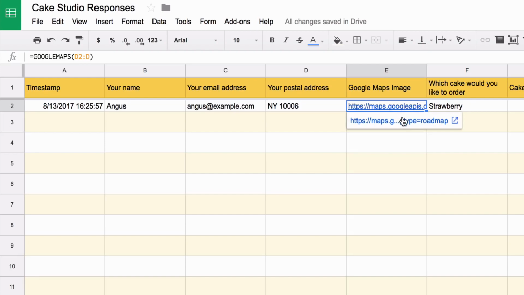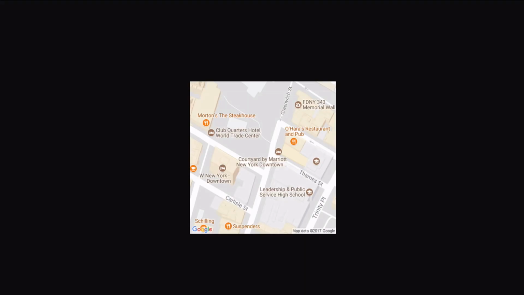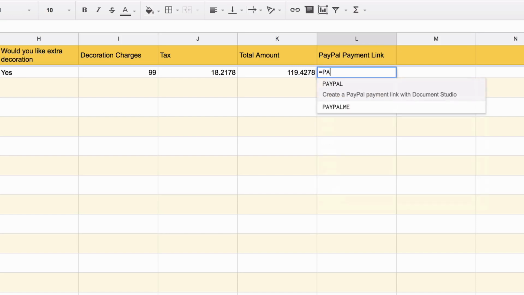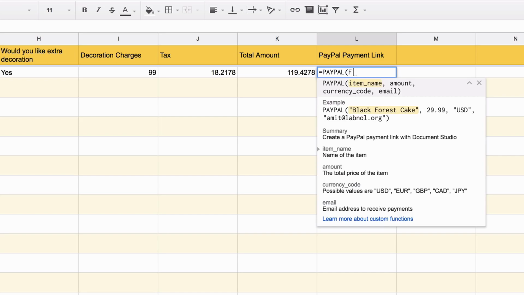Now this is very handy for inserting Maps images in your Google document templates or even email messages. So we are almost done here. We will just add one more column to the sheet and that's called PayPal payment link. Now if you have a PayPal account, you can just put your email address, the amount of the invoice and